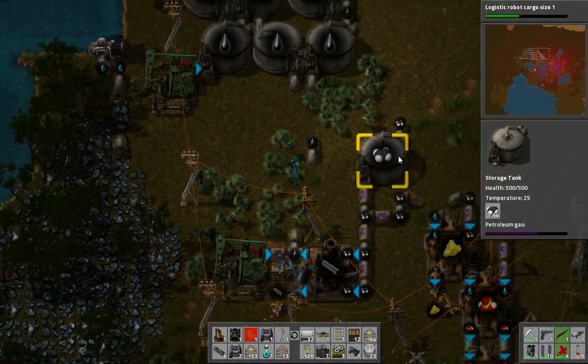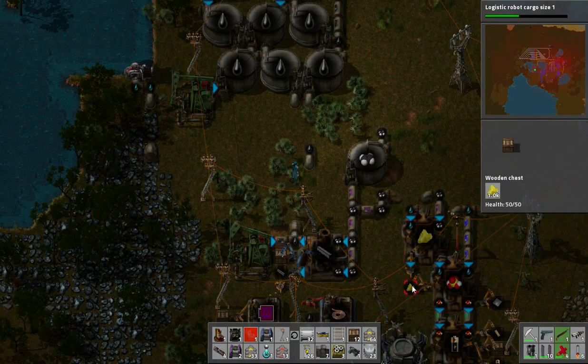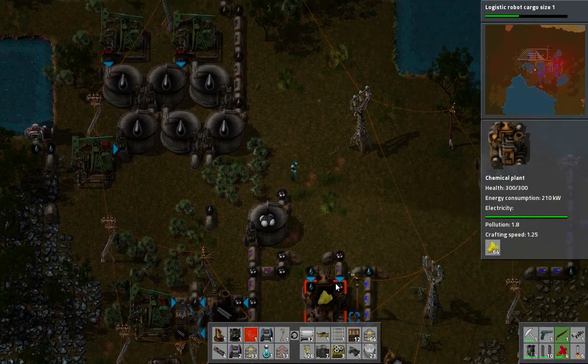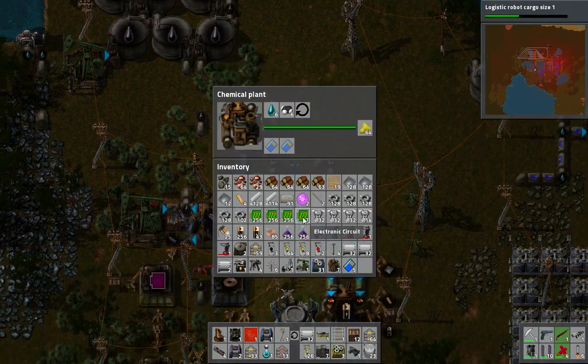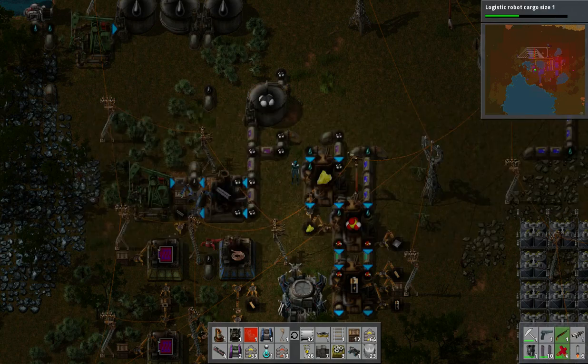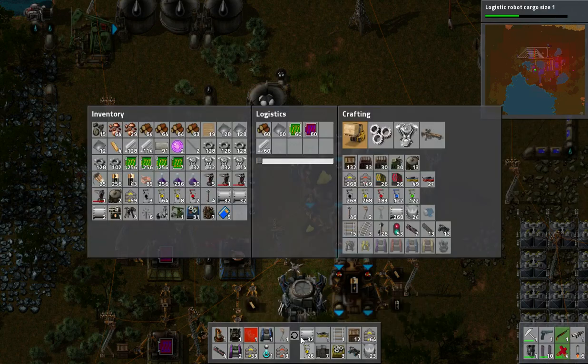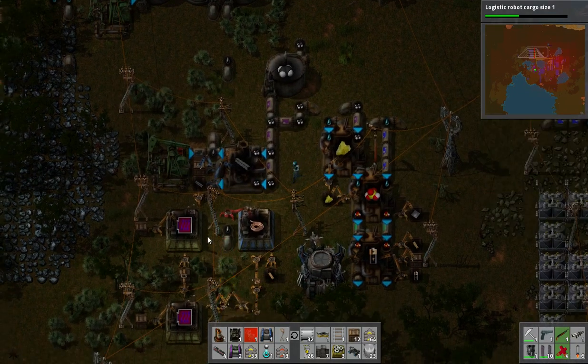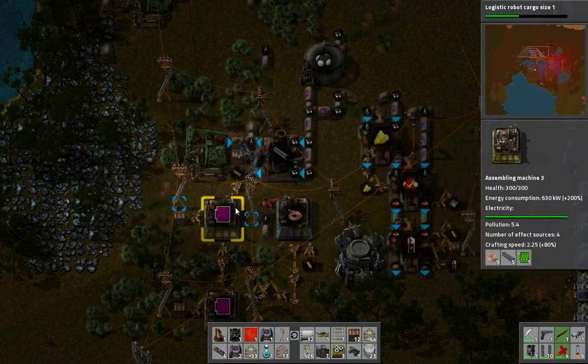We do have petroleum in this tank, and I don't think we have any more need for sulfur. Is the sulfur not working because I'm not threading with something? No. The sulfur is backed up because it's trying to go into chests that we don't have anything for, right? Okay, let's... I don't have an advanced circuit. I don't have advanced circuits because I don't have...